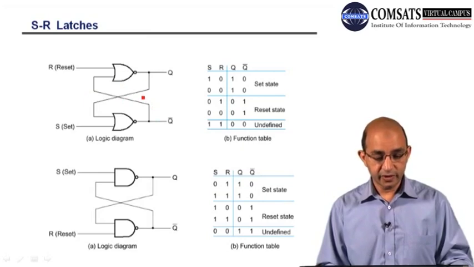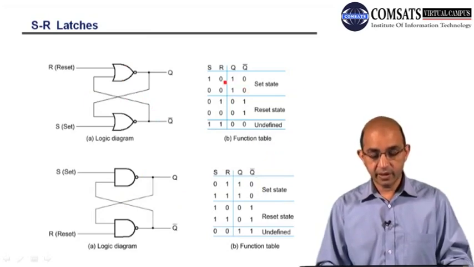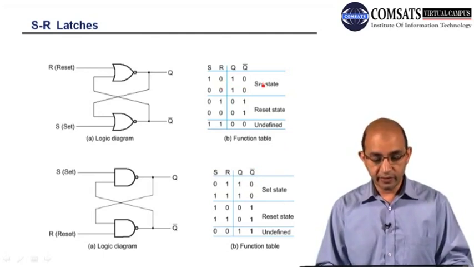This is the latch with NOR gate, and this is the SR latch with NAND gates, and you can see the function tables. Here we have set state, reset state. For the NOR latch, 1 1 is a race condition. For the SR latch with NAND gate, 0 0 is a race condition. Okay,